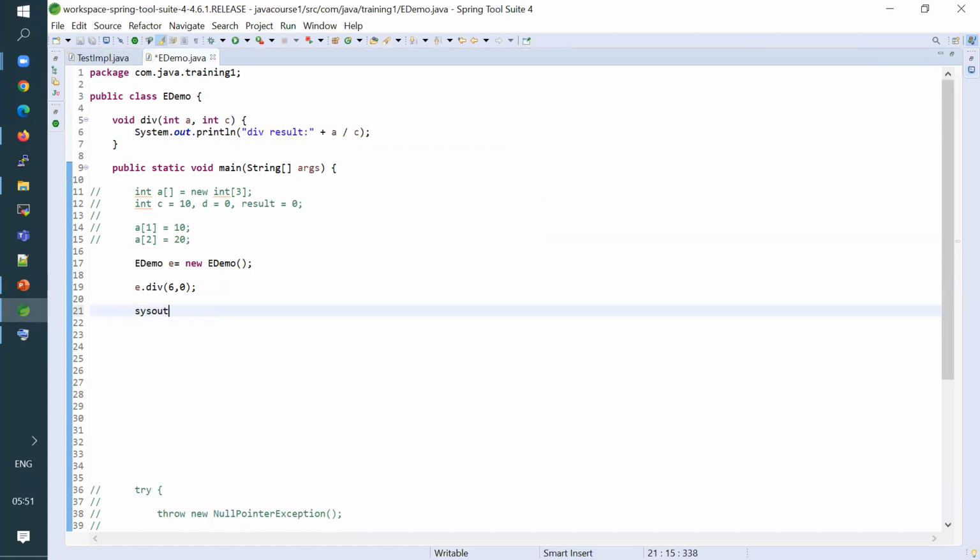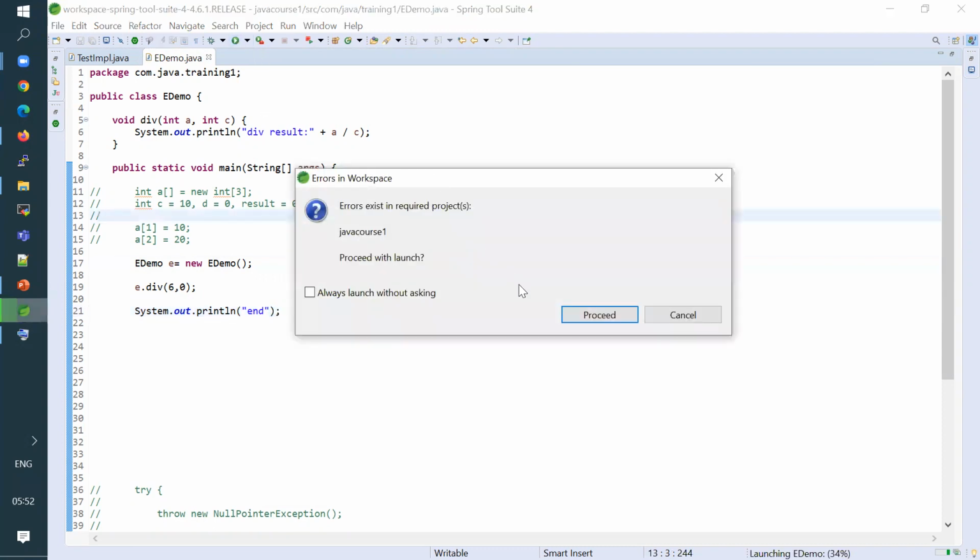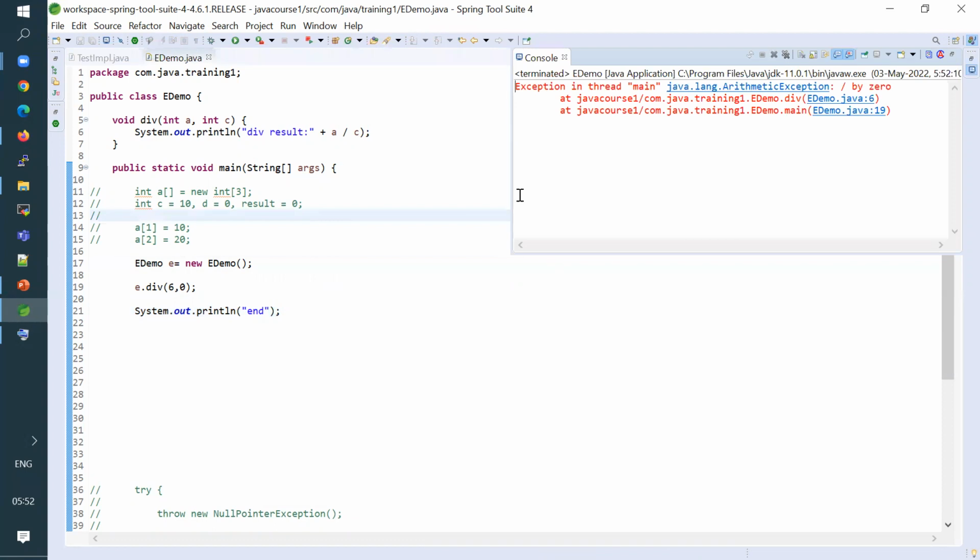How can I tackle this situation? You understood, right? You guys understood the problem statement? How can I handle the exception here? I want to handle this exception. What should I do?